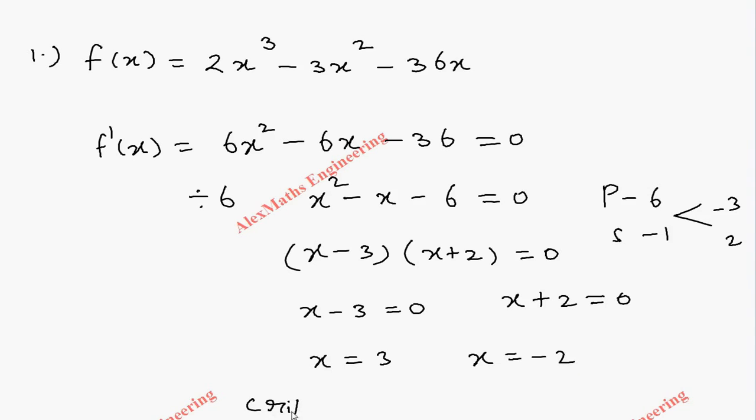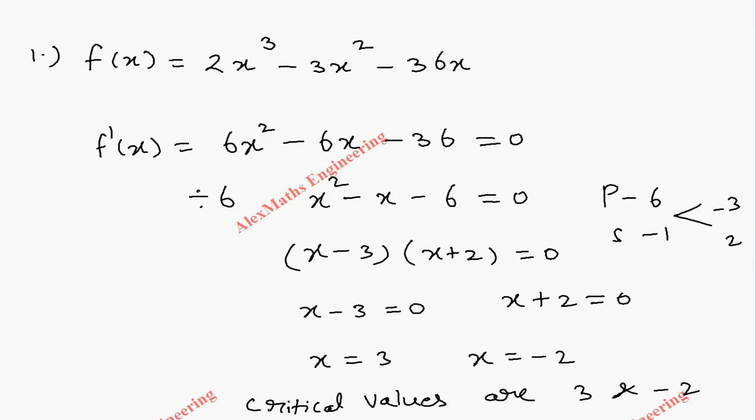So critical values are 3 and minus 2, because when I put this value in the function, that is in the first derivative, it